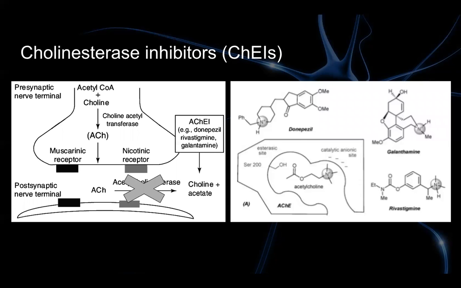The design of these drugs is based on the mechanism of acetylcholinesterase binding to acetylcholine by targeting the serine hydroxyl group at the esteric site and a tertiary amine at the catalytic anionic site. Notice how most of these drugs have "mine" at the end of their name: galantamine, rivastigmine. Drugs in this class all possess similar tertiary amines that can interact with the catalytic site when they are in their protonated form.